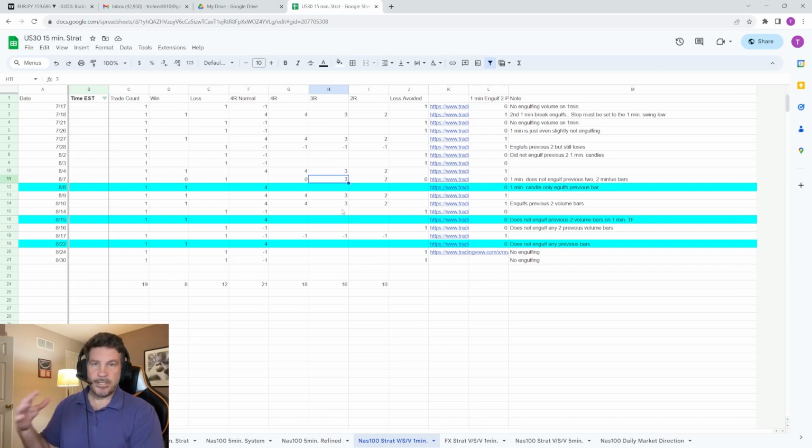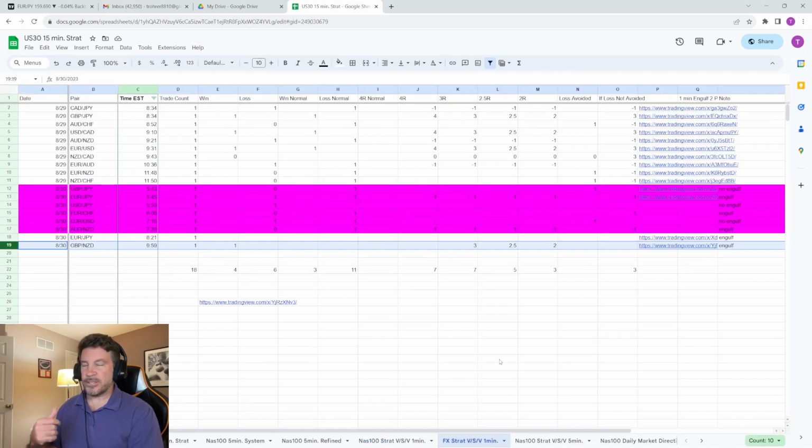So this stuff's really cool to me, guys, and the algorithm is working great. I'm currently in the process of getting this coded through PineScript, and even the coder is telling me it's really complex. They're not sure they can get it to work on multi-time frame analysis with the market structures and so forth, but I know exactly how it works. And at the very least, if this just gives me a signal and says, hey Tim, there's a possible setup, I look at my phone, I get a beep, I check it,